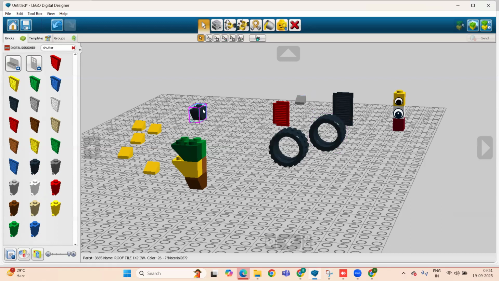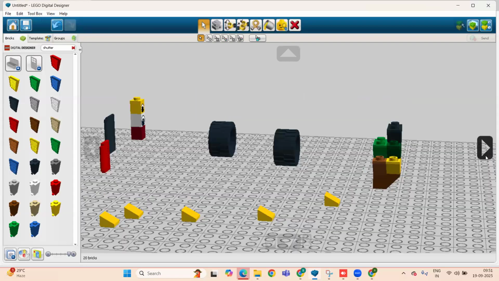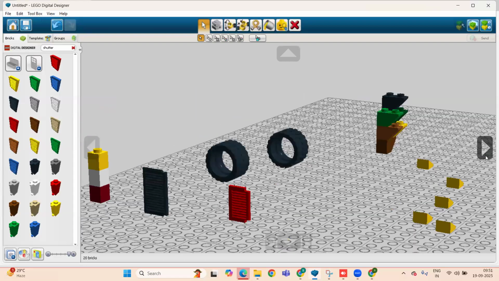Similarly, if you want to rotate this one, just drag and drop anywhere, and then you can rotate in every direction. You can check, and like I want to put this one here after rotation. Yes, now it's okay. So in this way, we can assemble the parts also. And then we can check the whole view, how it looks, right?